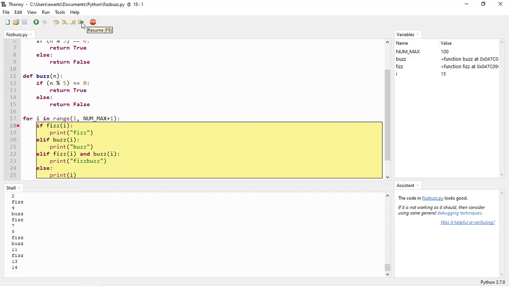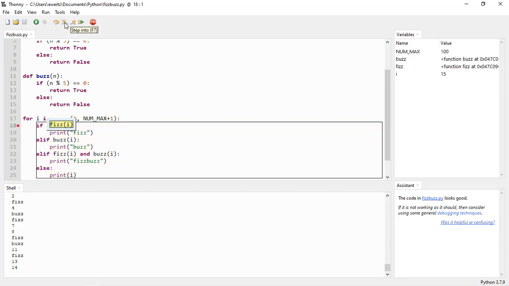Okay, so 15, this is the bug that I want to track down here. Obviously I could look at this code and figure out what's wrong, but I'm going to beat this to death. I'm going to show you how to debug this in case you're trying to debug a more difficult situation. So I want to go through this slowly, and I want to figure out now